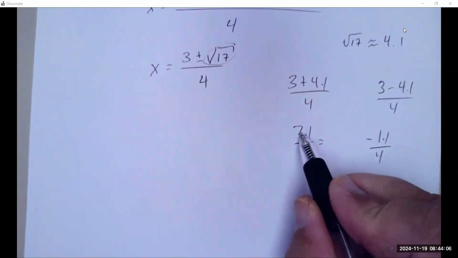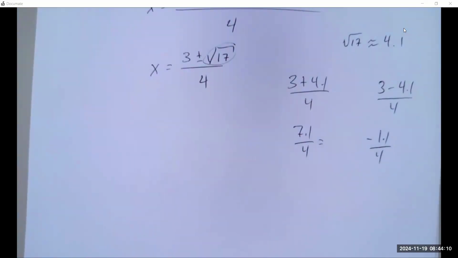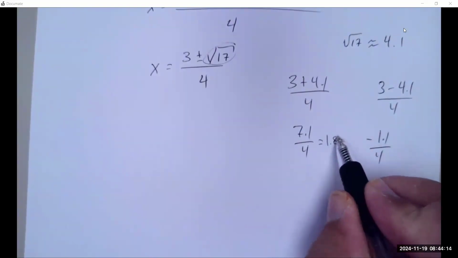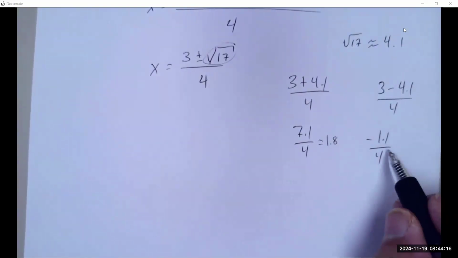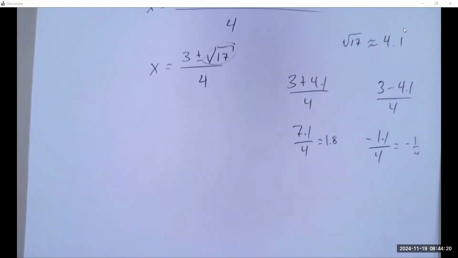What is 7 over 4? It's less than 2, so let's say it's 1.8. And this one's going to be some fraction of it. So in our graph,